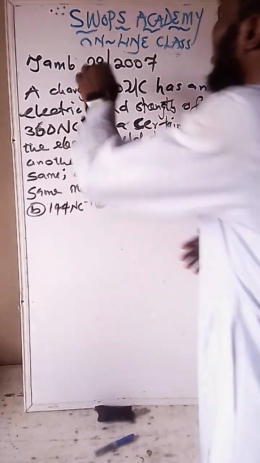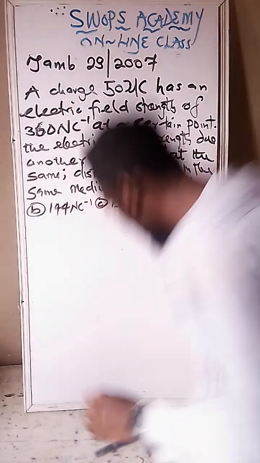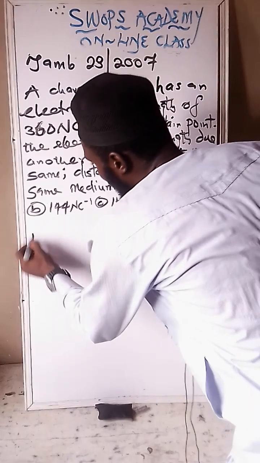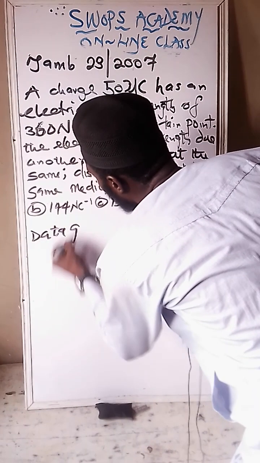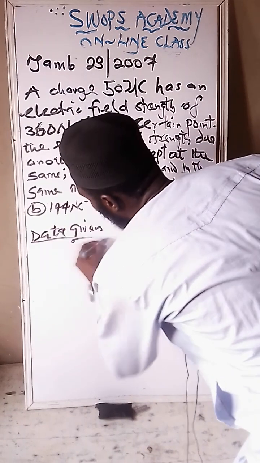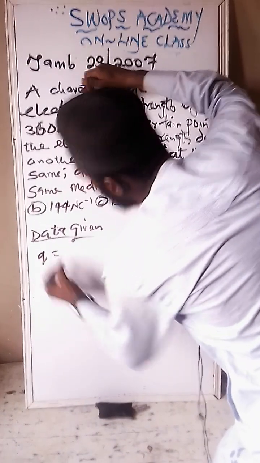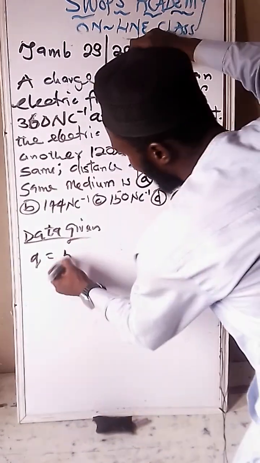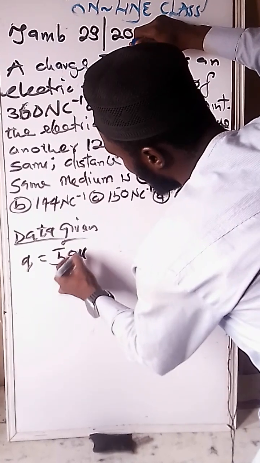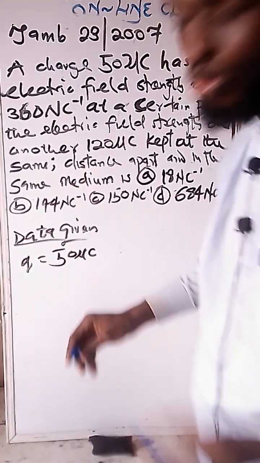Let's see. A charge, you know what we mean by charge. Let's write the data given. The first thing to come to your mind as a science student is the data given. A charge, what is that? The symbol for charge is Q. So we are given Q to be 50 µC. We call this U, we call it